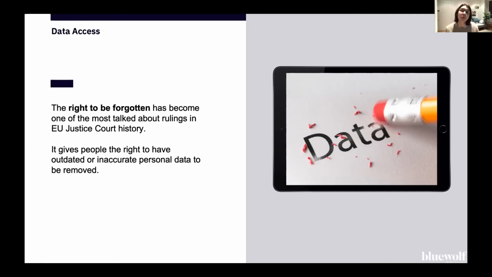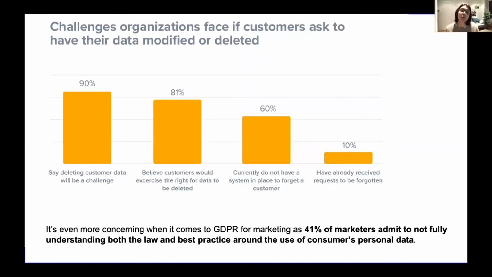Now, one of the tricky things everyone says, like when you run some survey, is that it's really hard to delete data. It might be simple if you're just using Marketing Cloud or whatever marketing automation system you're using, because you have just one place from which you need to remove it. But the reality nowadays is that a lot of companies have more than one system and it's all connected. So a very quick example: if you had Salesforce and then Marketing Cloud and you had synced the data across, you will have